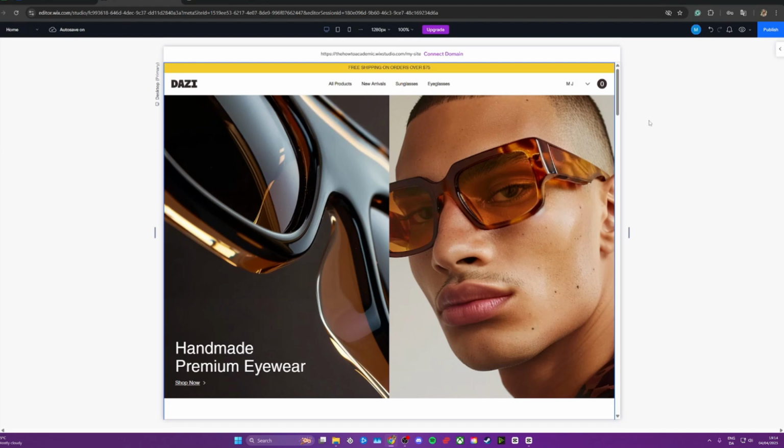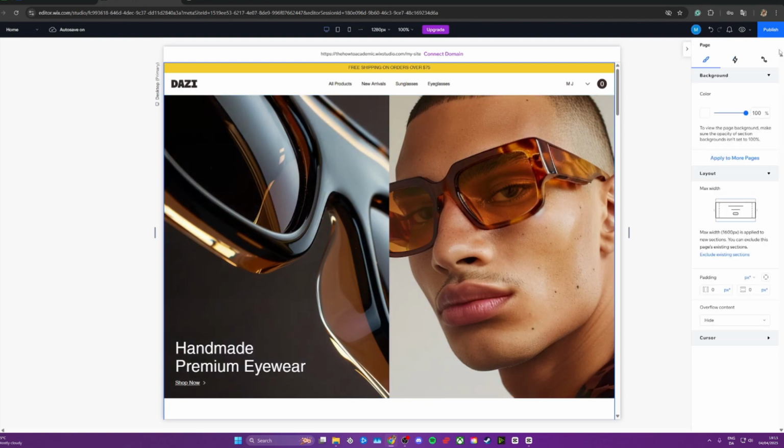In this video, I'll teach you how to add or create a hamburger menu in Wix Studio. So in this case, you can see I don't have a hamburger menu up here, but I want to create one. So what I want to do first is to go over here on the right hand side and click Open Inspector so I can see what I'm doing.